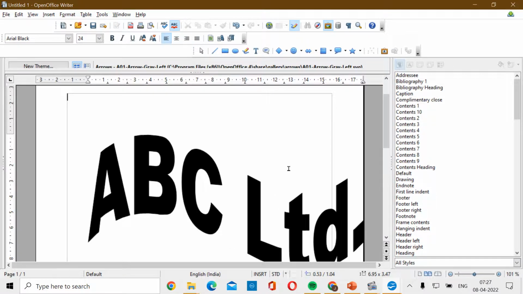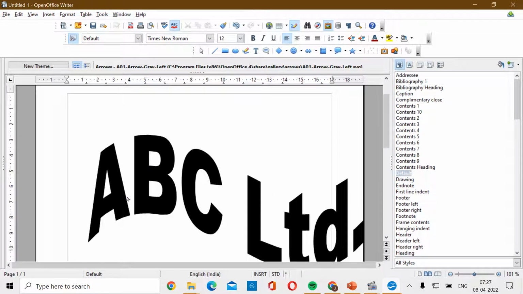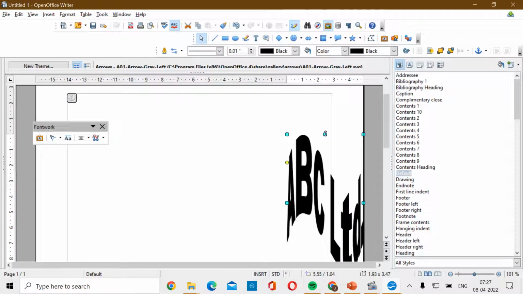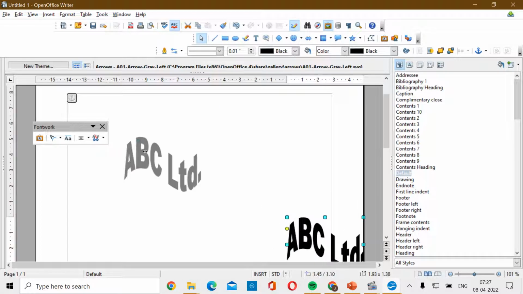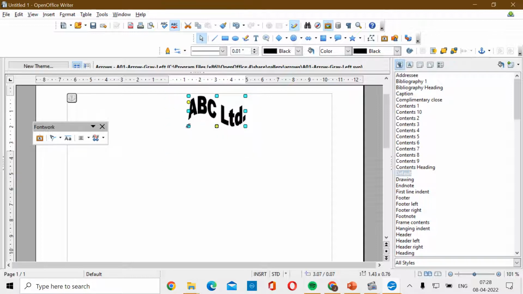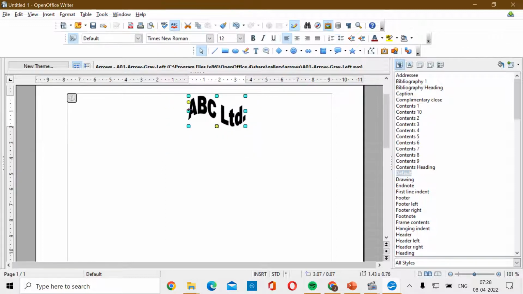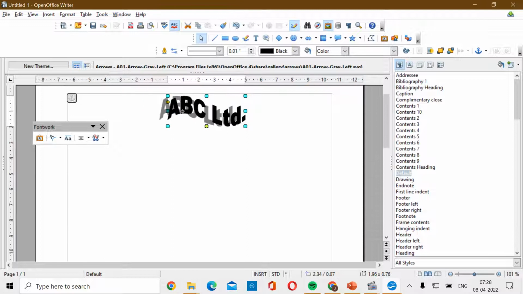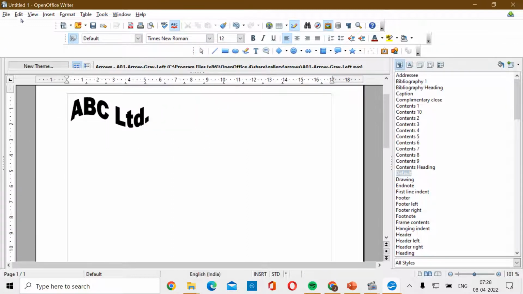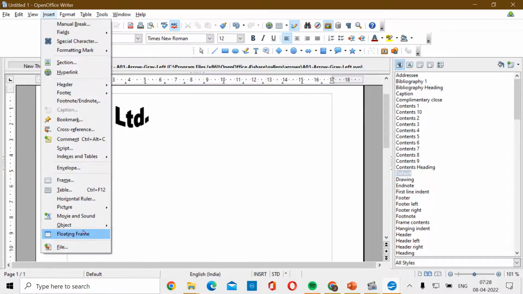So once I do it, you will see the text has been edited, and then I will resize my text, right? So I have resized my text. So this is my company name which I want always it should be there, right? Whenever I am creating, suppose I want to create the letterhead of my company, so I want this logo should appear always. Now similarly, I have my company logo, so I am trying to put the logo.